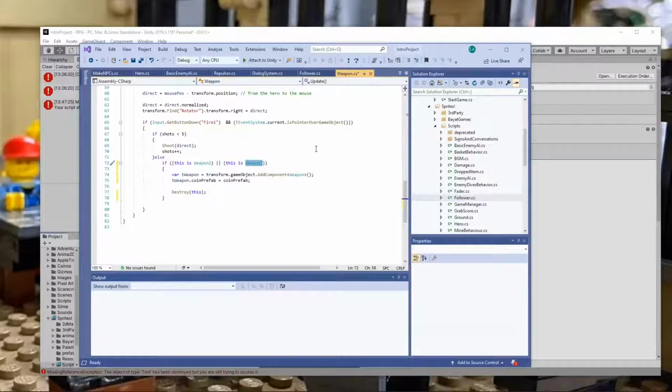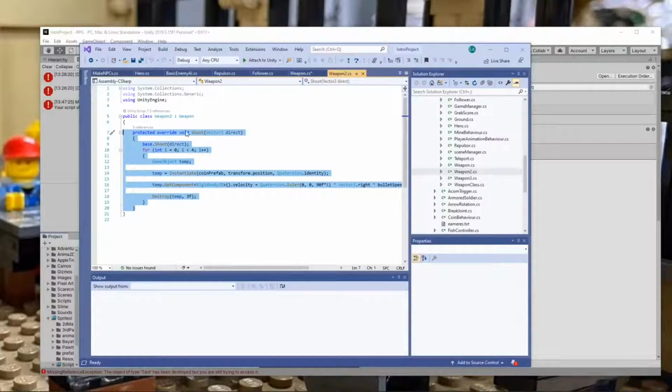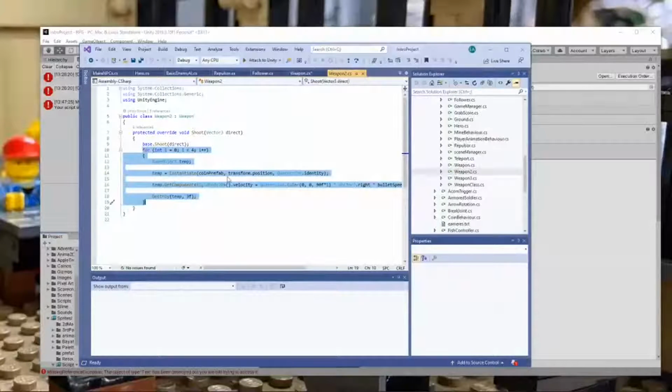Kind of crazy. All right. So the Weapon2 class inherits from the Weapon class. It doesn't set up its own cooldown, the direction to shoot in, and so on. All it does is override the existing shoot function with this new shoot function. First it does what the base does, but additionally I fire that 4-directional burst of coins.